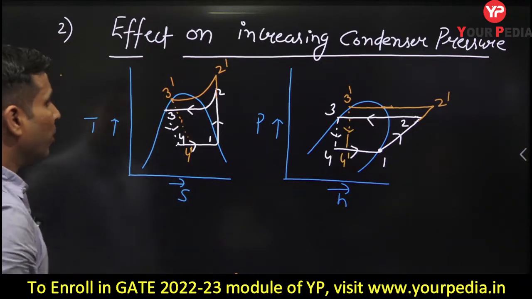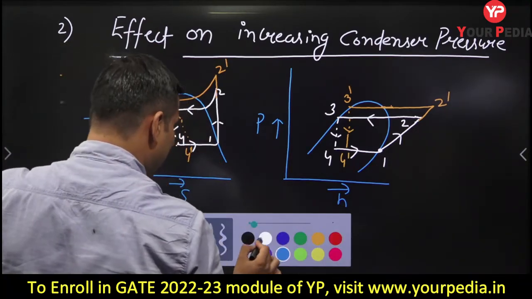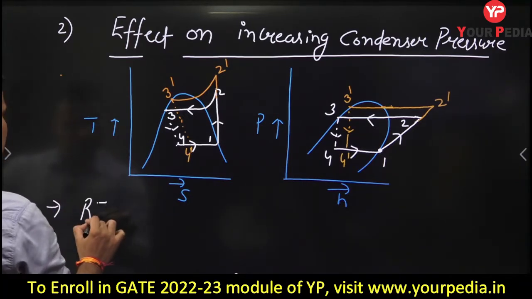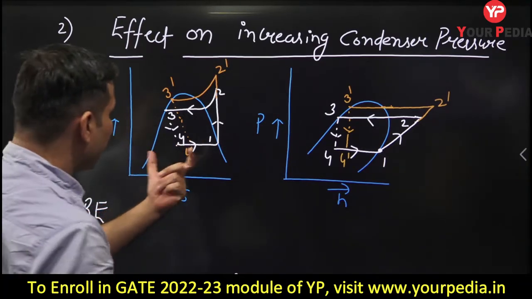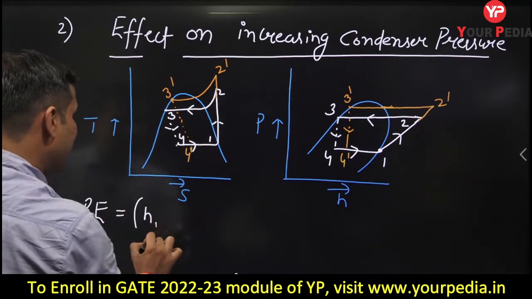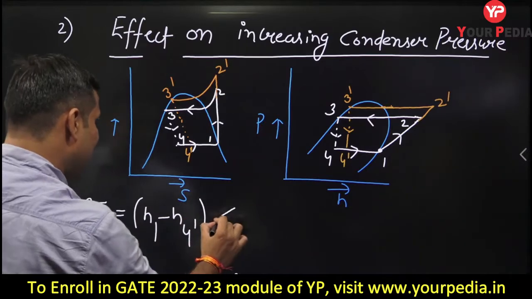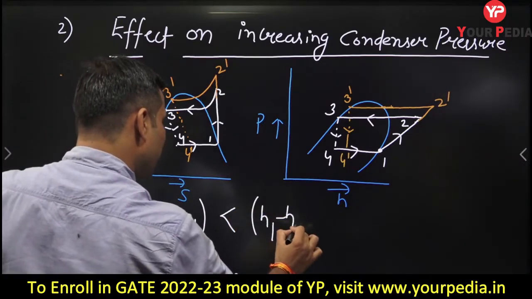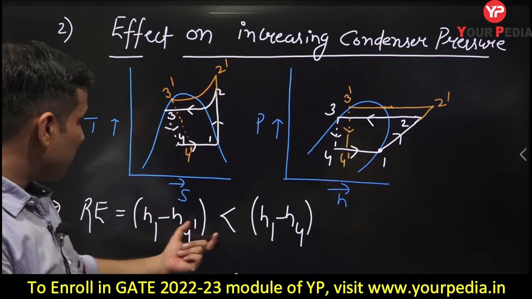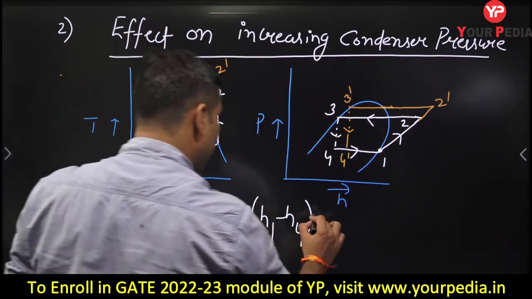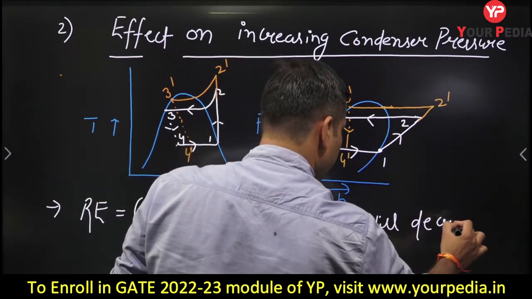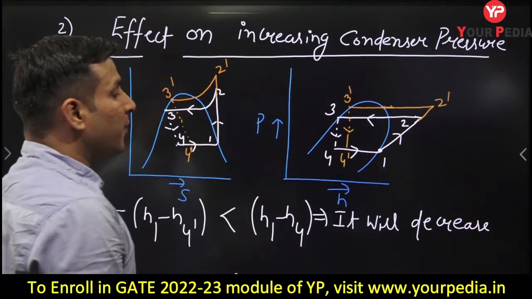Okay. Now if you will observe here guys, what you can say directly, now you have that kind of understanding. What is the effect on refrigeration effect? Refrigeration effect पे क्या फर्क पड़ेगा बच्चों? You can easily observe refrigeration effect क्या होगा? In second case में refrigeration effect will be H1 minus H4 dash, okay, and that is less than as compared to H1 minus H4. Yes or no? In the previous case also, if you are interested to write it like that, you can write. So H1 minus H4 dash, that is less than H1 minus H4. So what you can say? It will decrease. Refrigeration effect क्या करेगा? That will decrease.